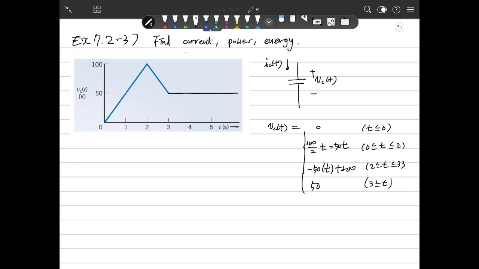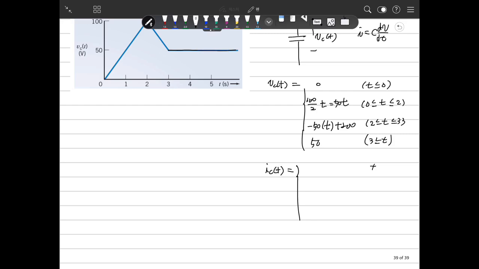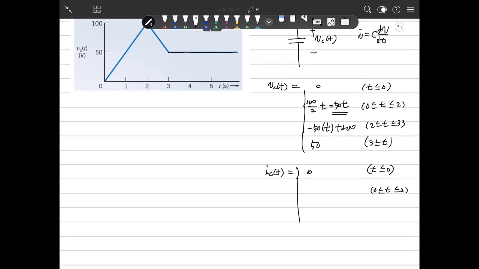So based on here, we have the capacitor equation. What is that? It's i equals C dv/dt. Based on here, we can calculate the current i(t). At first, when t is smaller than 0, there will be 0. When t is higher than 0, then we need to calculate based on here, because the current is the derivative of the voltage for the capacitor,